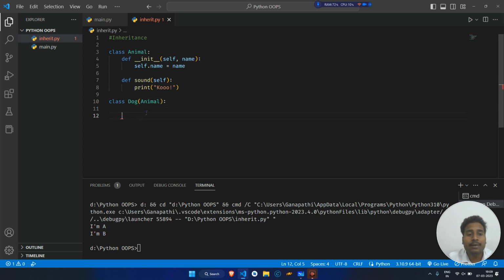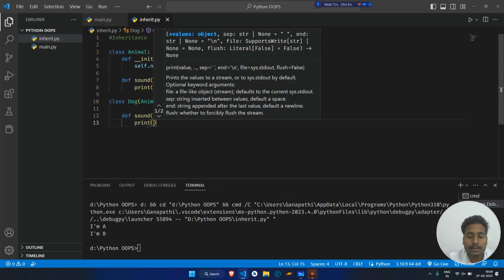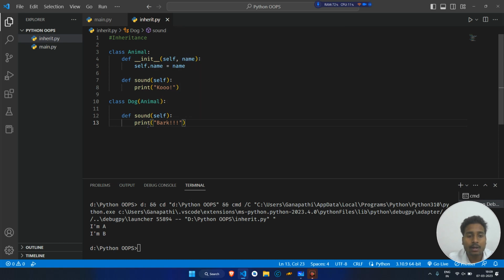Everything is fine, and now I'm going to modify the function, which is called method overriding. There is already a method called sound in the parent class, but I'm recreating it, which will override this one. So this will not work anymore for this class. Print bark. This will not work now because it has been overridden by this method, in this class only. This is called the subclass,